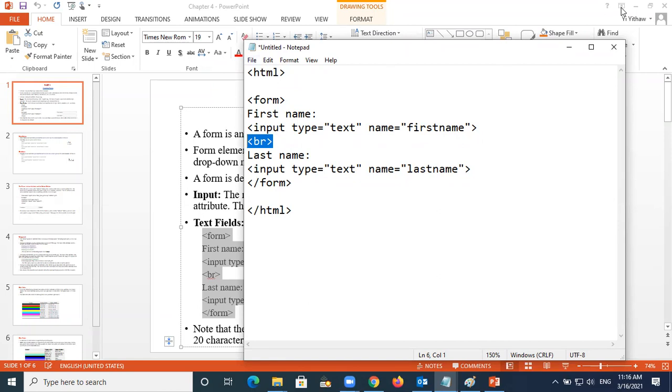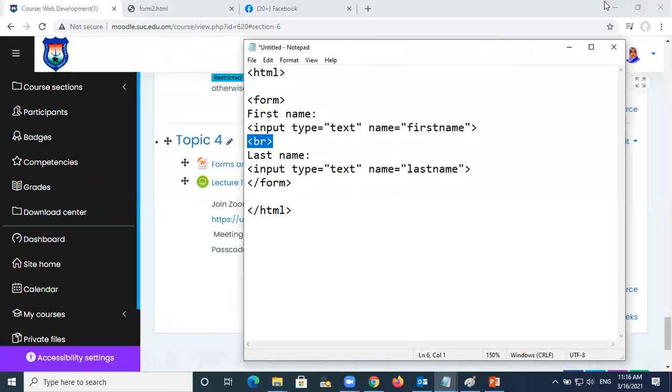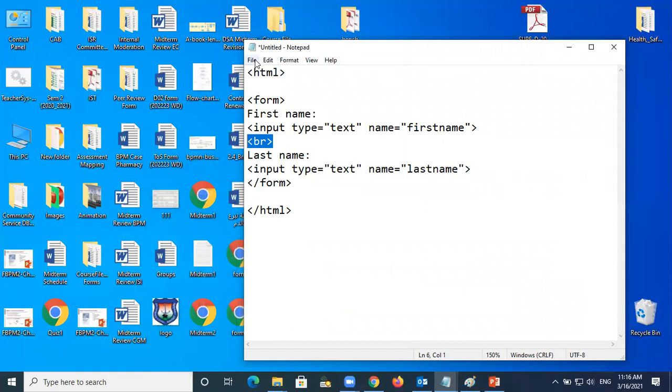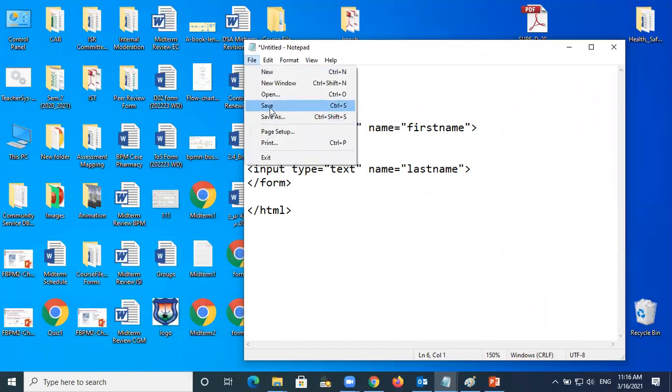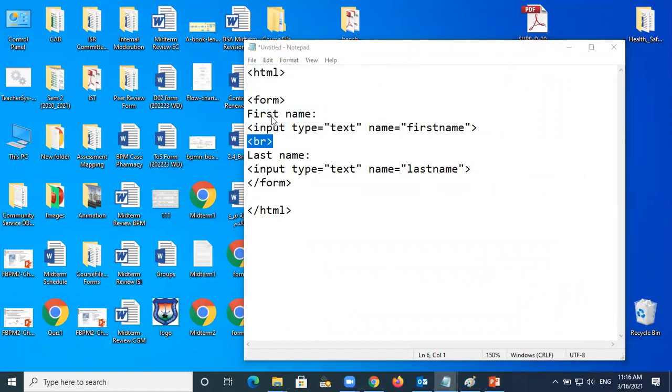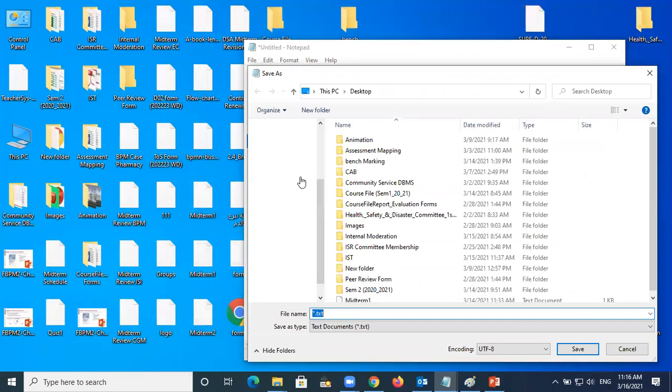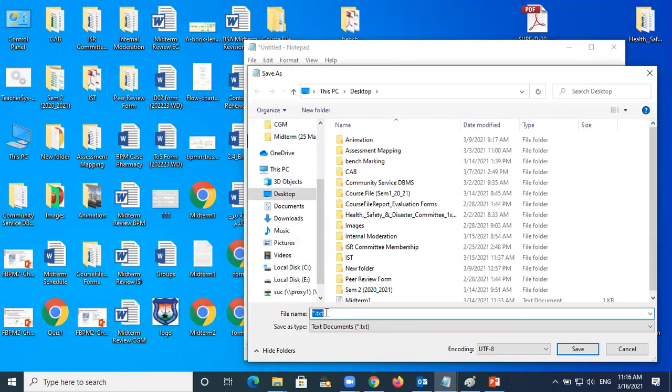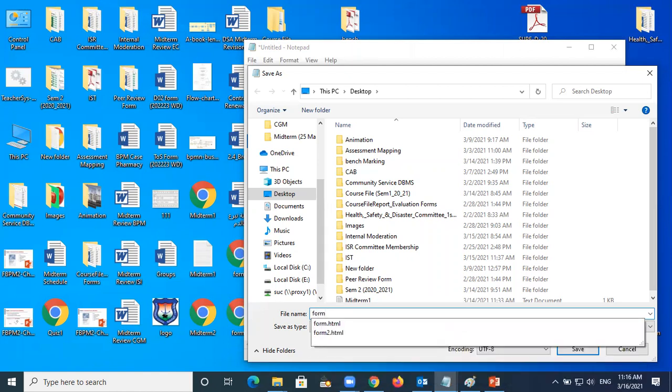Now I'm going to save this one in the desktop. Okay, file, save as, better save as. I have many things on the desktop now. What is the name we are going to give? For example, form. Okay, form exercise.